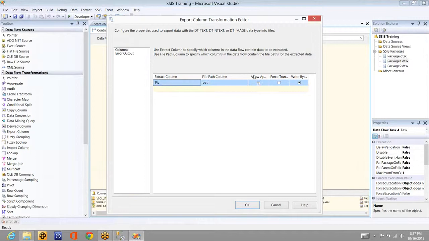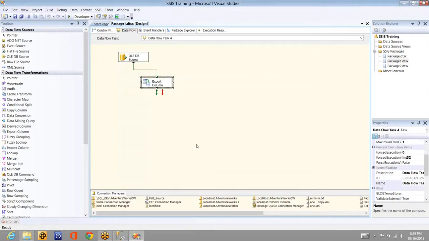If you go to the MSDN site and check for different combinations of allow append, force truncate, and file exists, it will give you 6 to 8 combinations. It's better to have a look at all those combinations once to get a complete picture of the export column transformation. So this is about export column transformation, and let's go to the next one.